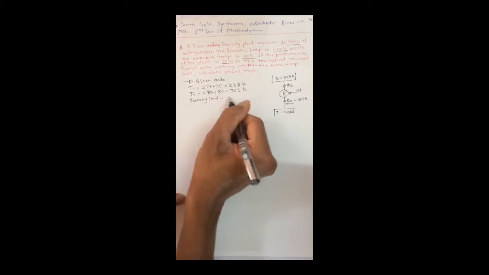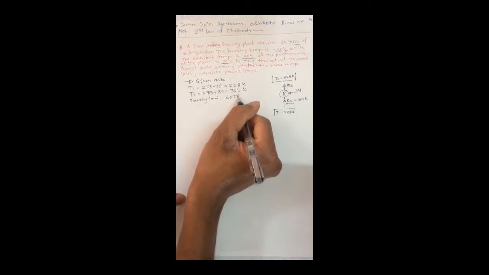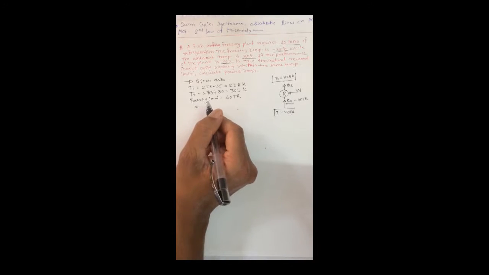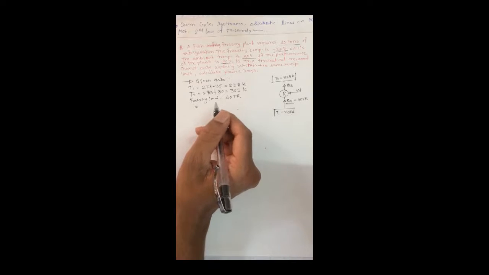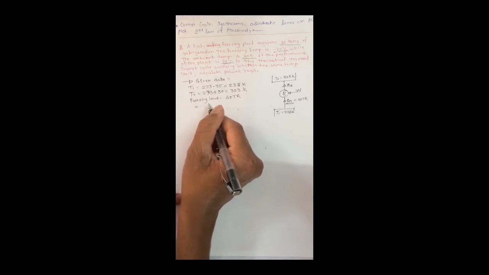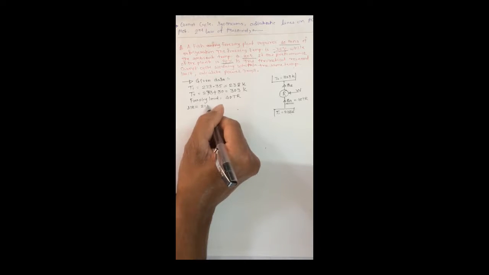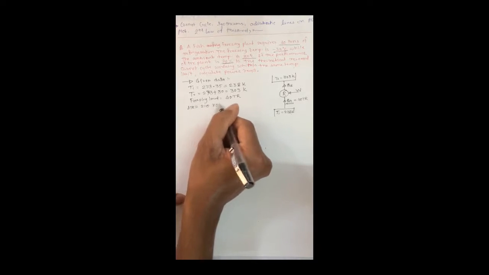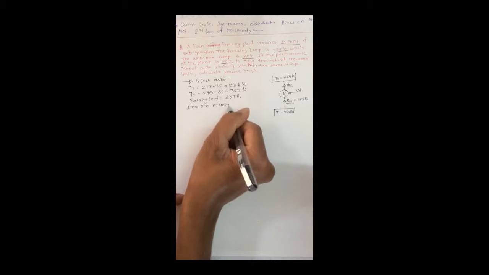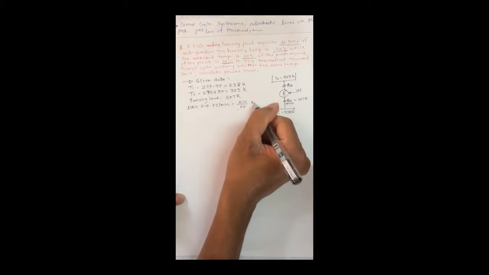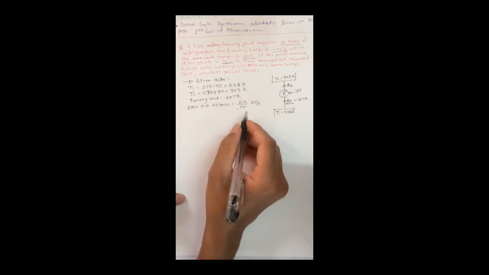Again, the freezing load or heat required is 40 tons of refrigeration. We have to convert that into kilojoule per minute or kilojoule per second or kilowatt. For that, 1 ton of refrigeration is equal to 210 kilojoule per minute. So we convert it into seconds, 210 upon 60 kilojoule per second. We keep it that way.